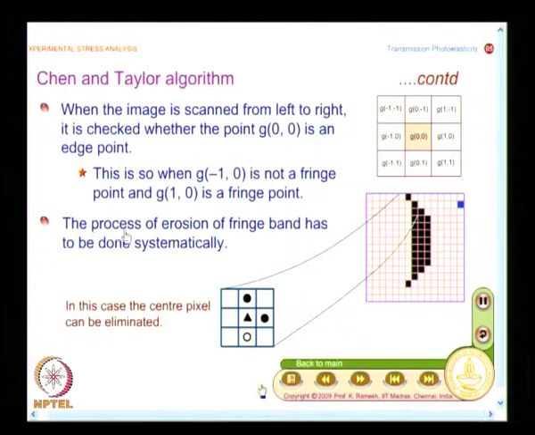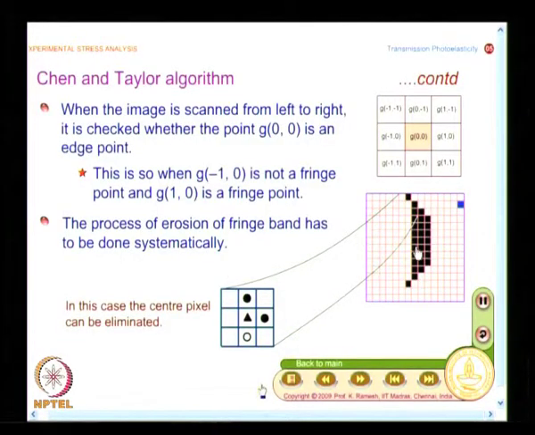So, you have a process of erosion initiated, and likewise you write it for left to right, right to left, top to bottom and bottom to top. So, if you do the image scan in all these 4 directions, it would eliminate some pixels, and it depends, and we have already seen when you look at a fringe, the thickness of the fringe varies